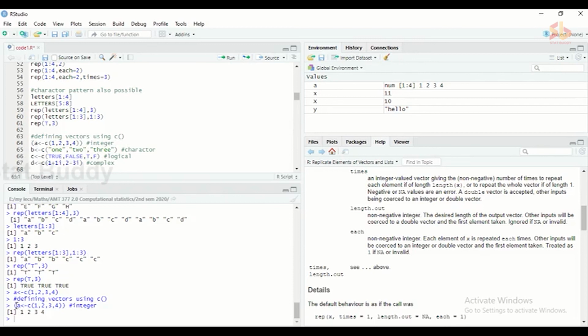So you can see a is assigned with some values, and those values are integers. That is why I have put a comment in here. So this is how you can put proper comments in a code. So my numbers inside a are 1, 2, 3, and 4. At the same time, since I used extra brackets, or I call the function inside brackets, the output is also printed.